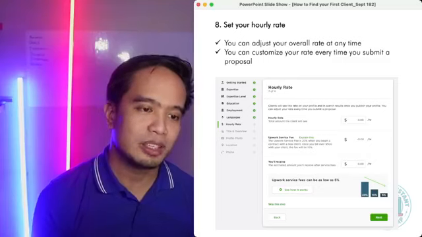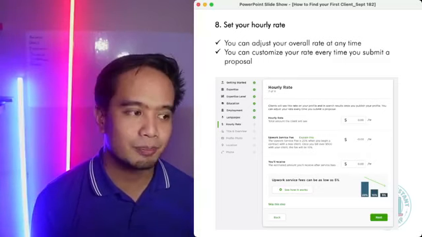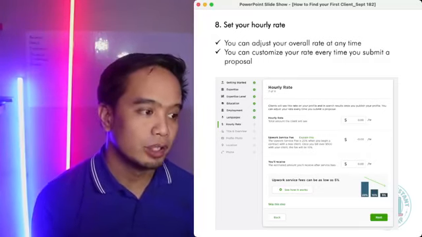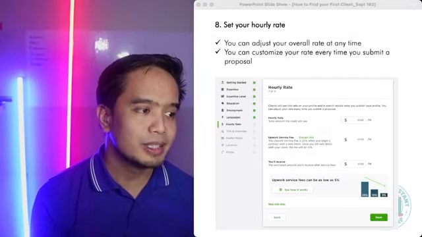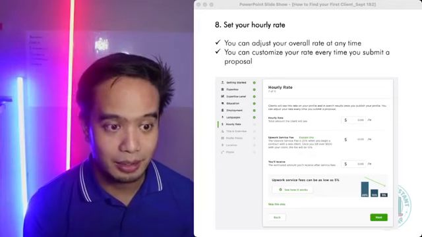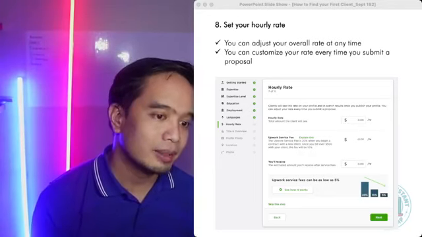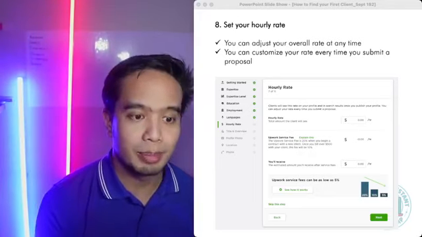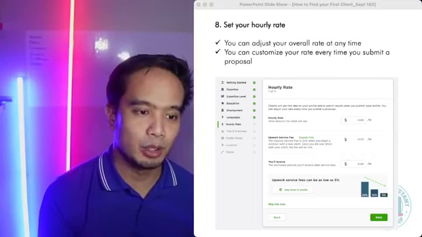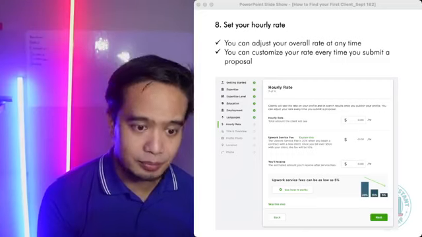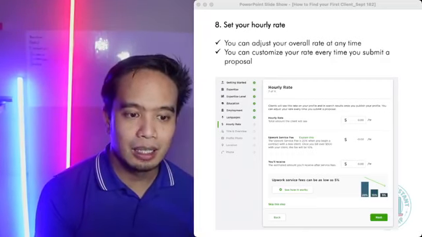So, over here, parang yung base rate nyo, yung parang standard rate nyo, you can put it over here. And yung mga clients, yung mga potential clients will see this in your profile din. Okay? So, there's an hourly rate, and then yung Upwork service fee, yung basic is 20%. And then it becomes 10% if you bill over 500 with a specific client. And then you can see how much you're going to get.